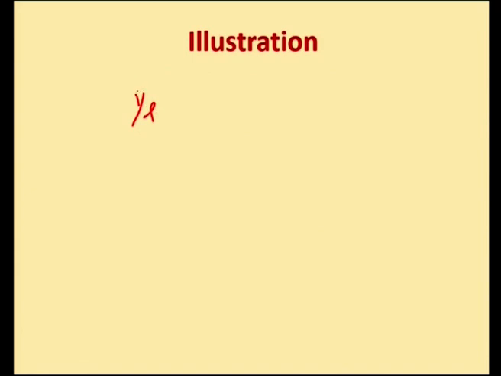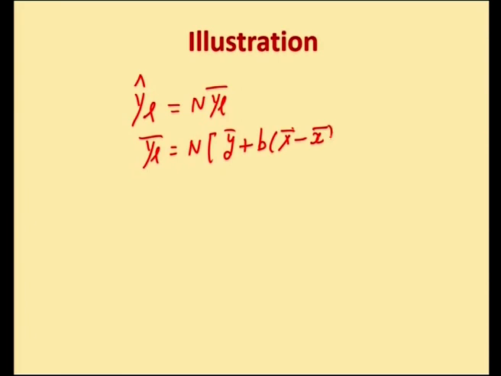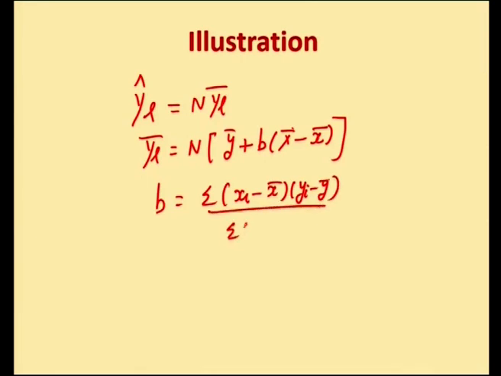The linear regression method estimator is YL cap equal to N YL bar, and YL bar is equal to y bar plus b into capital X bar minus small x bar. These values are given in the problem. Summation xi is given, we can find x bar by dividing summation xi by small n, and summation yi is given, we can find small y bar by dividing summation yi by n. And beta is given as summation xi minus x bar into yi minus y bar divided by summation xi minus x bar the whole square, which is nothing but Syx by Sx squared, and these values are also given in the problem. We get the beta value b equal to Syx by Sx squared,